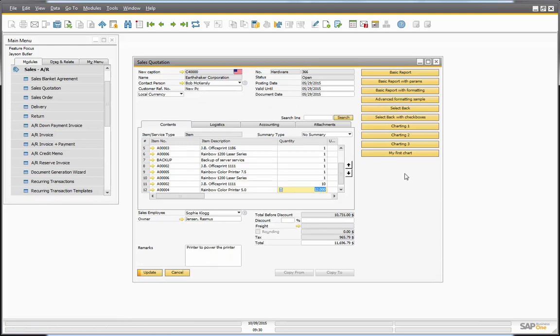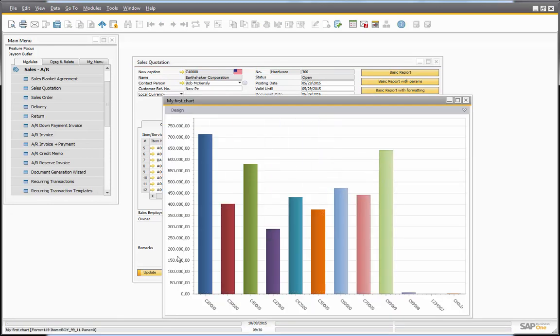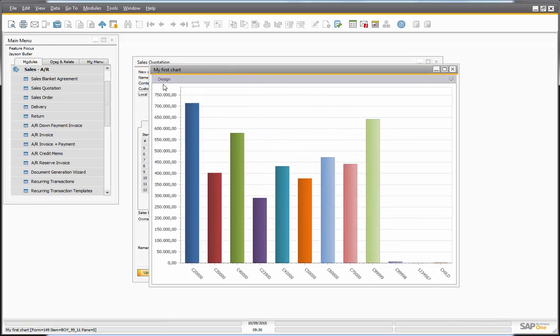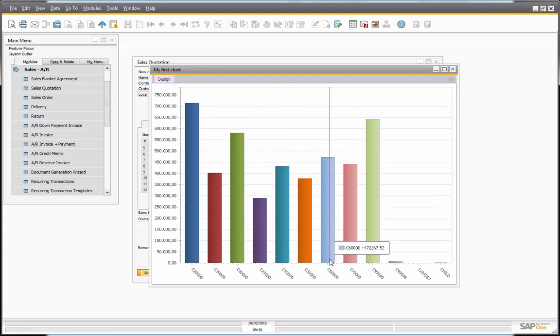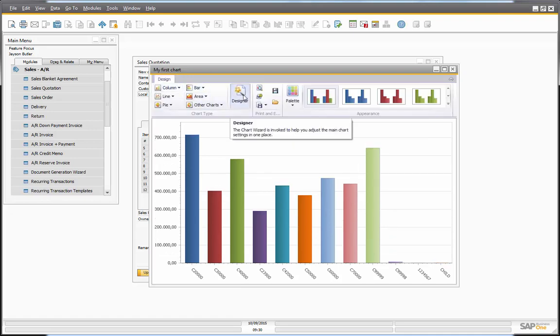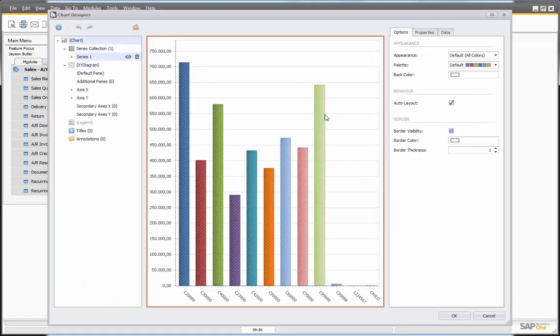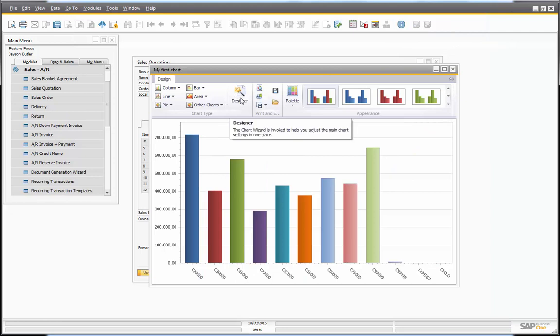And once you run it again, it will show that report. For super users, it will show the design tab here. For normal users, it will not. They will not be able to change the report itself. And if you want to go back and do further scenarios, you can go into the charting designer. But again, as I mentioned,